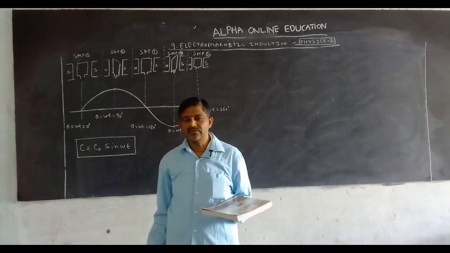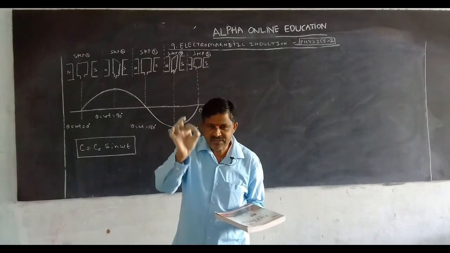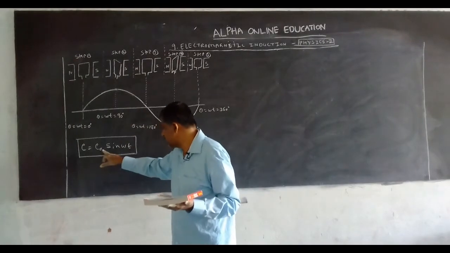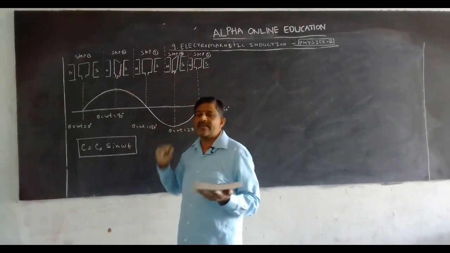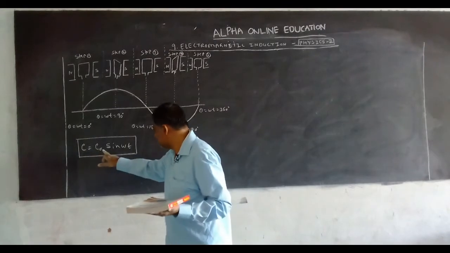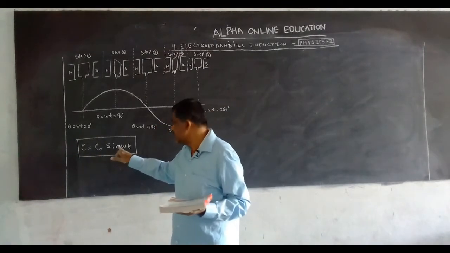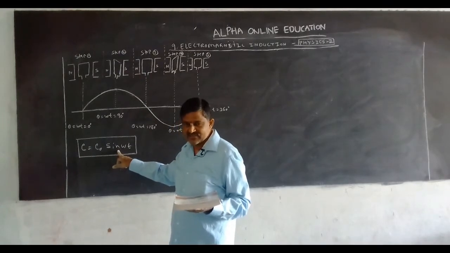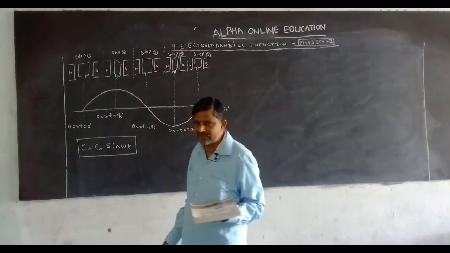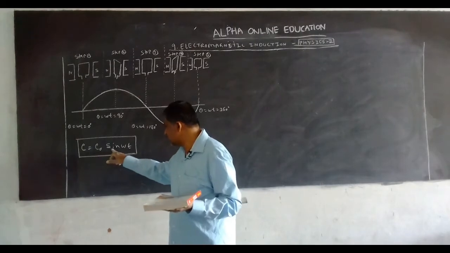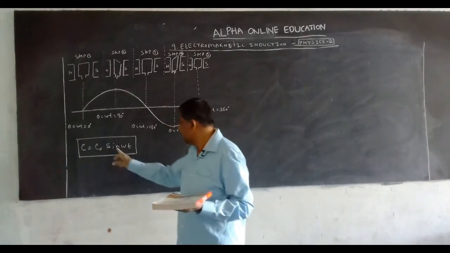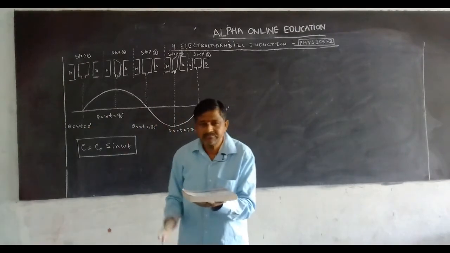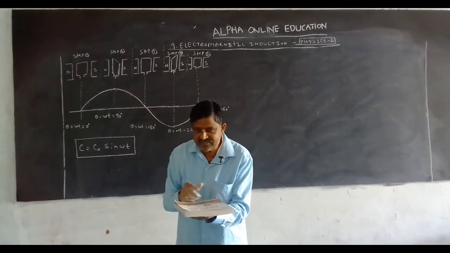We know the equation for induced EMF in the coil as per Faraday: E is equal to E naught sine omega t. This is the equation we derived in the beginning classes. The induced EMF as per Faraday's law is E is equal to E naught sine omega t. Okay, here omega t is how much? 0. Magnetic lines are not passing through it.